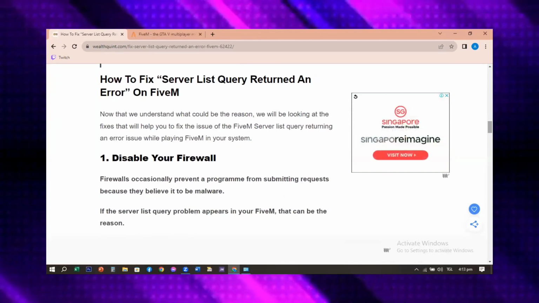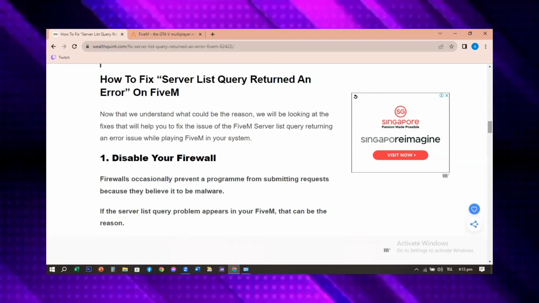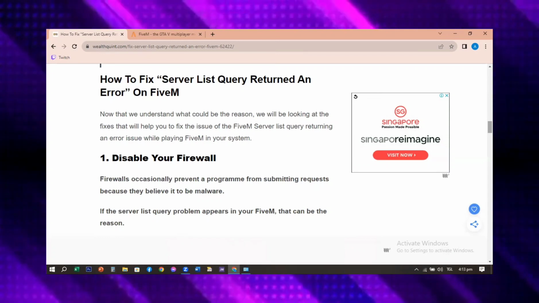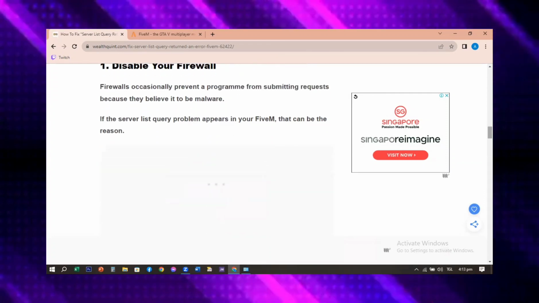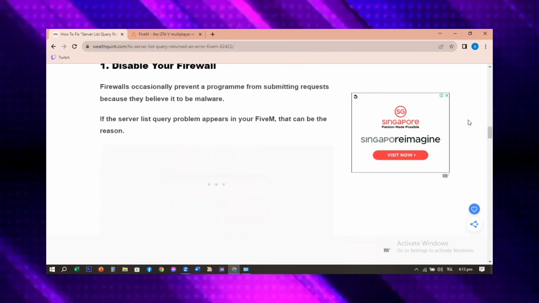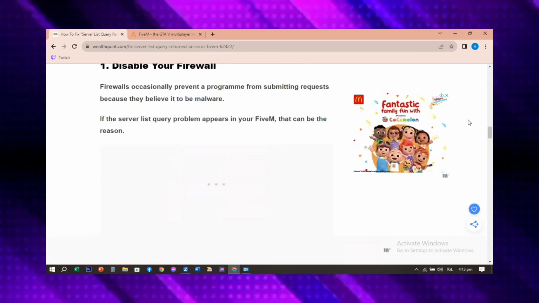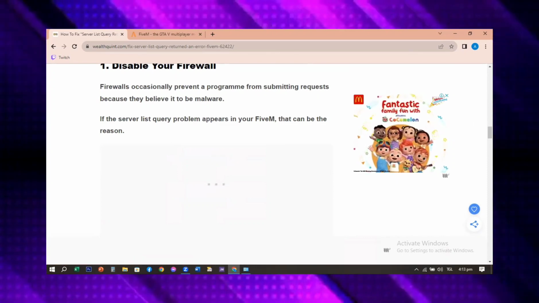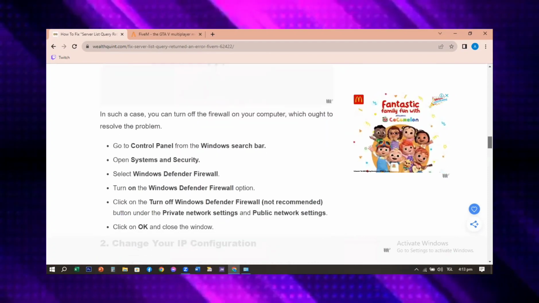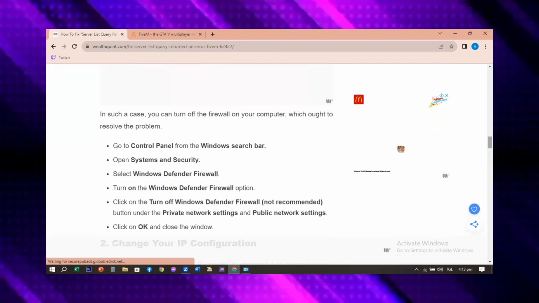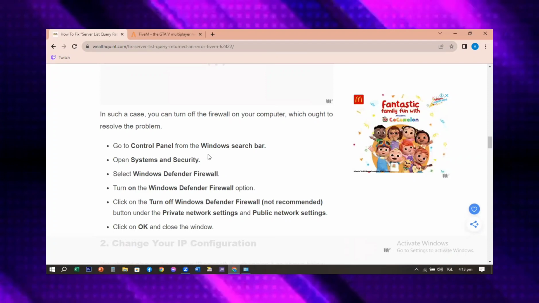Okay, so the first one is disable your firewall. Firewalls occasionally prevent a program from submitting requests because they believe it to be malware. If the server list query problem appears in your FiveM, that can be the reason. In such a case, you can turn off the firewall on your computer, which ought to resolve the problem. So these are the steps on how to do it, but I will be showing you these steps